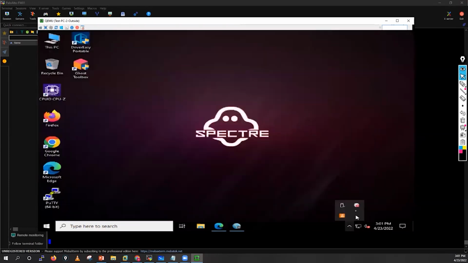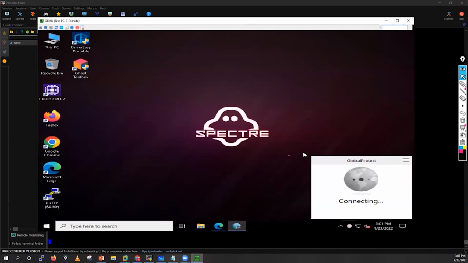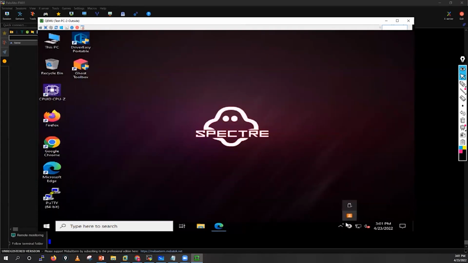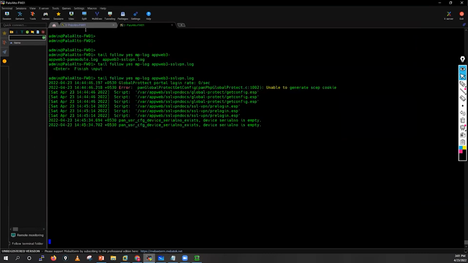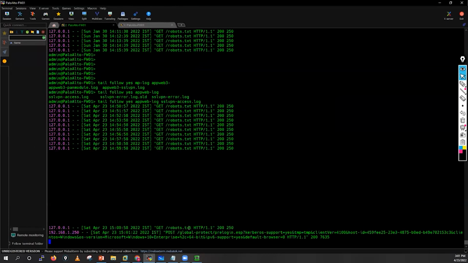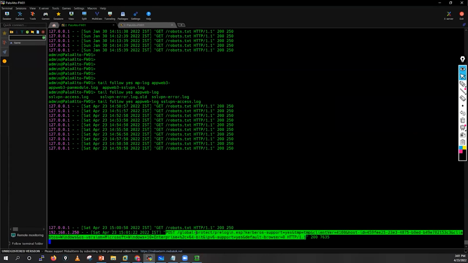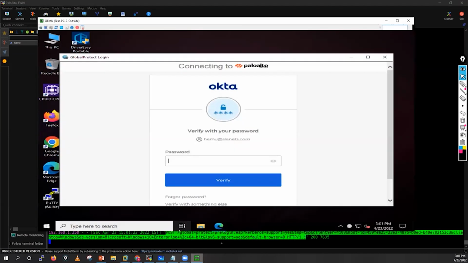Now let's go here. Open this VPN, just enable it. Now you will enable, and if you go here, you are seeing some logs here. GlobalProtect pre-login.esp. So the first request is coming to your pre-login.esp, right? If I put the password here,